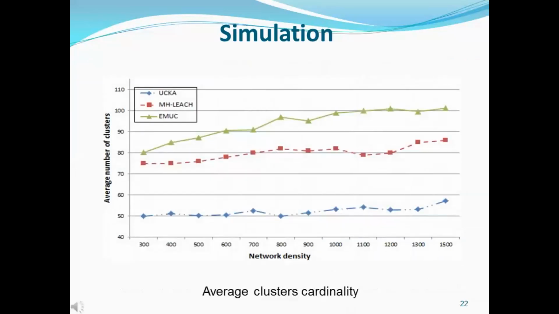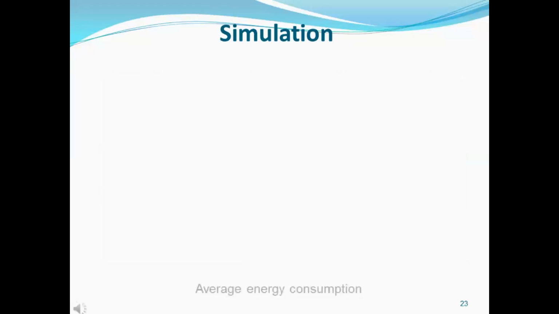This figure represents the average cluster's cardinality according to different values of network density using our approach against similar protocols. The proposed scheme generates a reduced number of dense clusters according to the node density and to the battery state, which in turn improves the clustering efficiency and leads to better energy preservation. Therefore, the proposed approach shows better performance compared to similar approaches. It improves the cluster cardinality by an average of 38%.